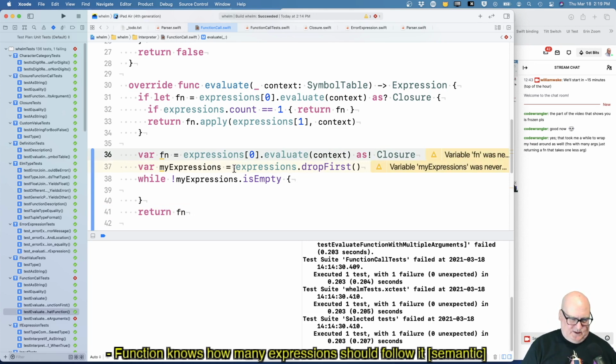Calculate the function. Calculate the rest of the expressions. Okay, if there's none left, then just return the function. That's what we do now. Calculate the function. We don't have to look at the rest of the expressions yet, but if we did, that's fine. We know there is a 0 one because there always is. And if it's 0, we exit out and just return that. The only one is the original one. And here we've dropped it. Okay, so now we know